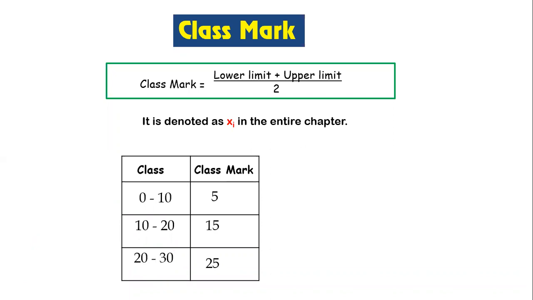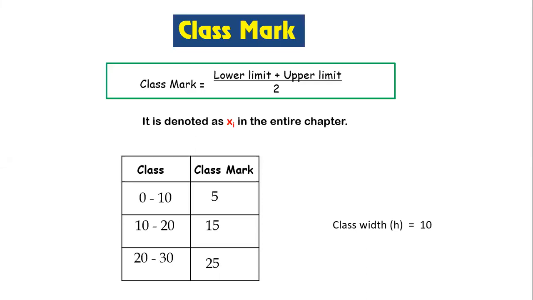Now, students, 0 or 10, see, you can see an arrow. And if you can see the arrow, you can tell me, what is the gap between the two numbers? The gap is 10. 10 to 20, what is the gap? 10. 5 to 15, what is the gap? 10. 15 to 25, what is the gap? 10. Now this gap is called as class width. So I can say class width is 10. Now students, very important is class width.